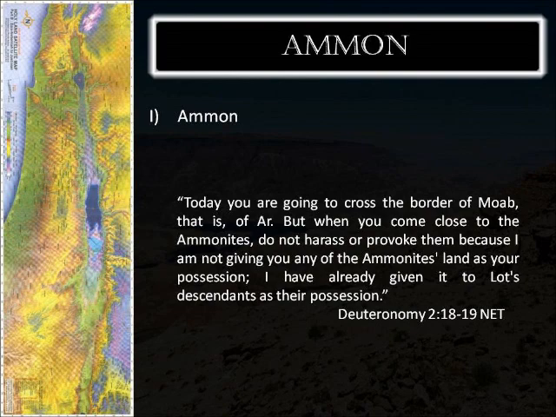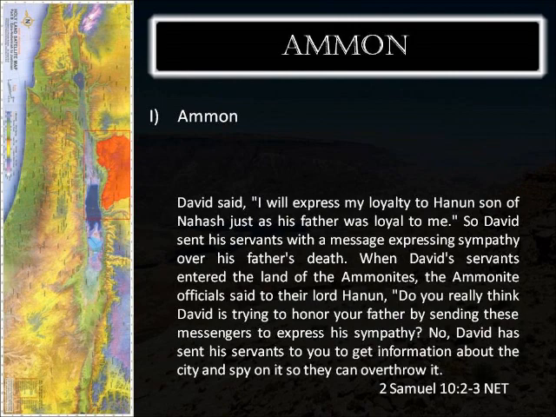So you might be having trouble locating exactly where the entire region is, so let's zoom in for a closer look. So there you have it. The land of Ammon there is shaded in red, and it's marked with the box here. But as we noted, the land of Ammon is an ancestral land.